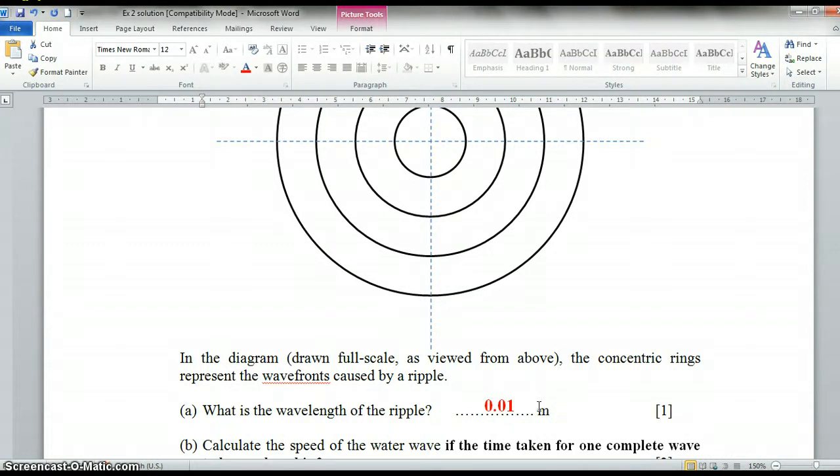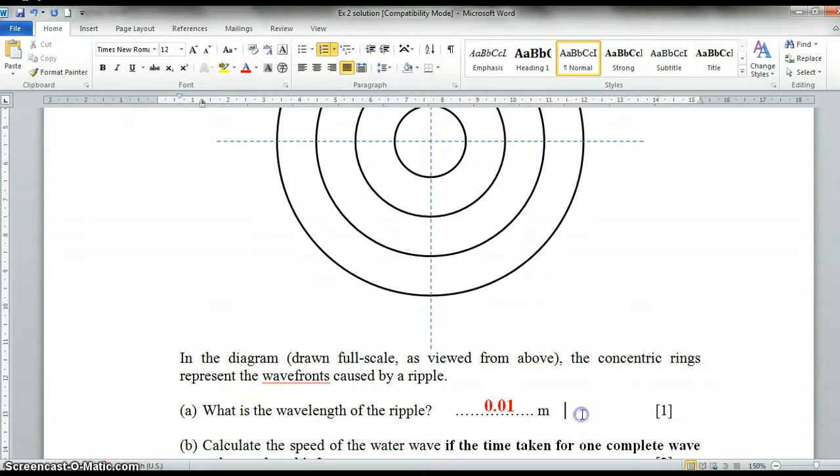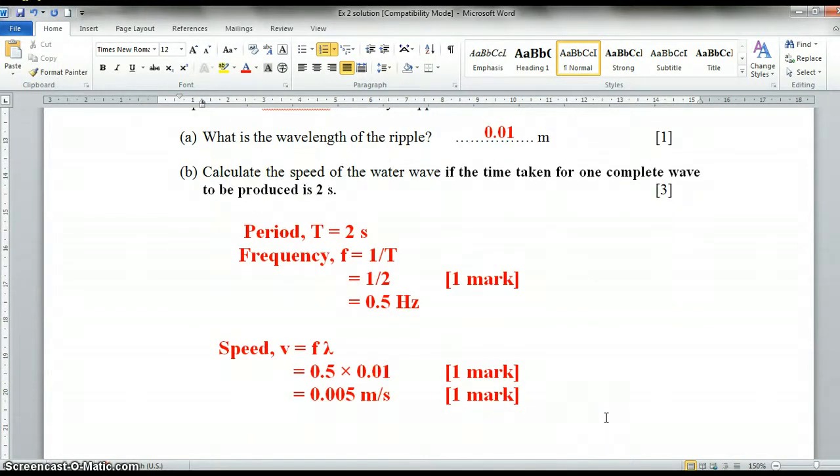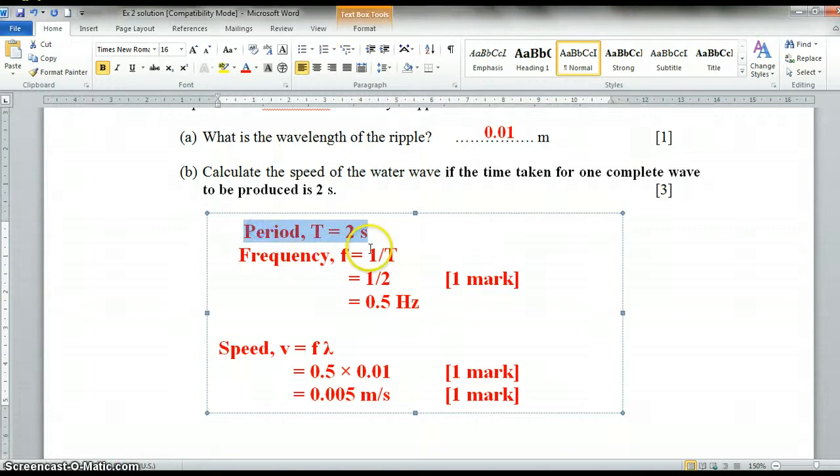In other words, you should actually measure 1 cm. But because the question requires you to enter your answer in meters, you have to convert to 0.01 meters. Calculate the speed. Same thing again. If the time taken for one complete wave to be produced is 2 seconds, this information is very important. This is just the period. Period is the time taken for one complete wave to be produced. So, 2 seconds to produce one complete wave, that is the period. With that, you find frequency, and with that, using the wavelength calculated above here